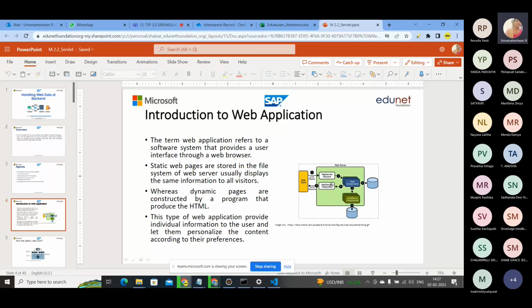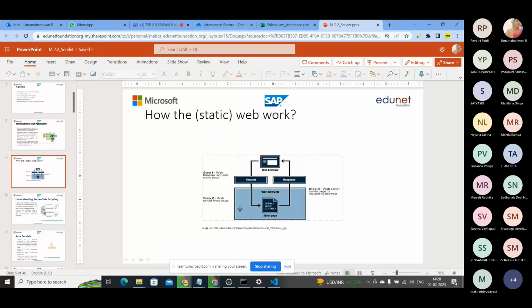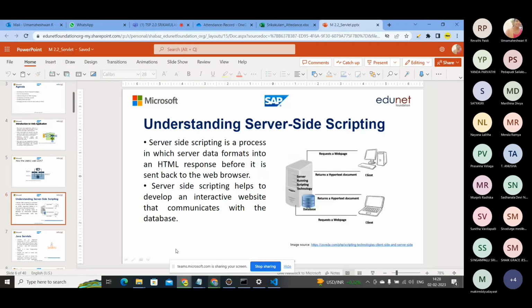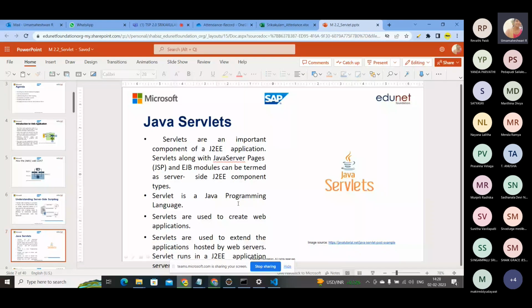The request goes to the web component and the Java Bean component, and then it moves on to the database, and finally the response is sent. So this is static web work. The first one is web browser requests a static page. This is a request and this is the response and how it goes on. This is all the same thing. Okay, so now what is